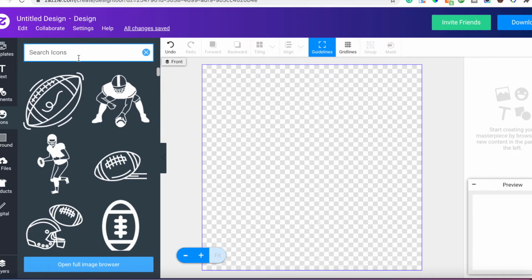So search for American football, because football in different countries is different. So American football, you have to be specific. You have to be specific. That is American football. So it pulled up these graphics,